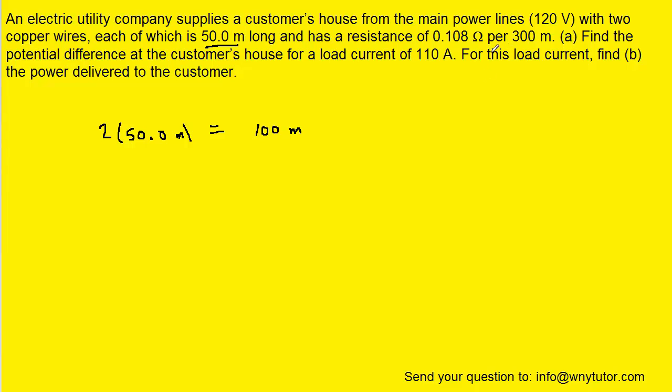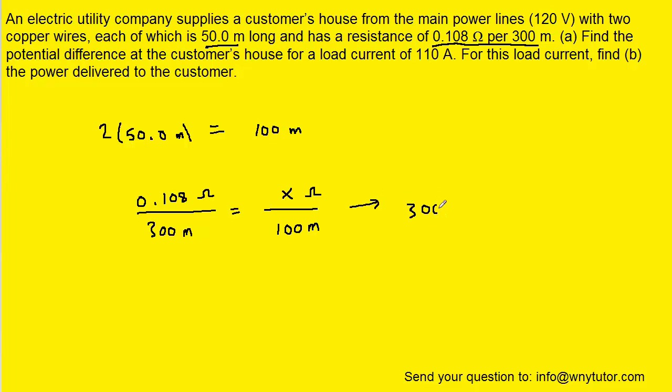We were told that the resistance of each wire is 0.108 ohms per 300 meters. So we can actually set up a proportion to figure out the total resistance. On the left side of the proportion, we will give the resistance per 300 meters that was stated in the question, and then we can call this resistance X since we don't know it, and then our length is 100 meters. To solve this proportion, we could cross multiply. So if we did that, we would get 300x is equal to 10.8, and then we could divide both sides by 300, and we would get a resistance of